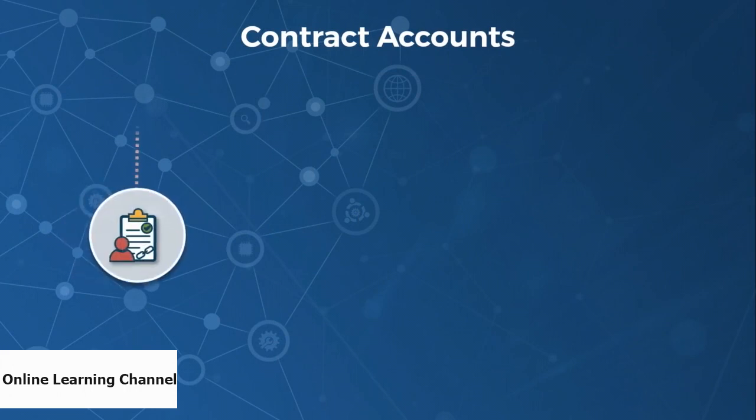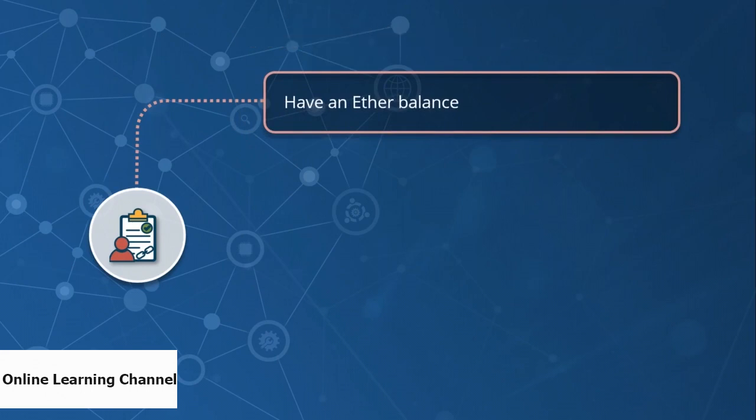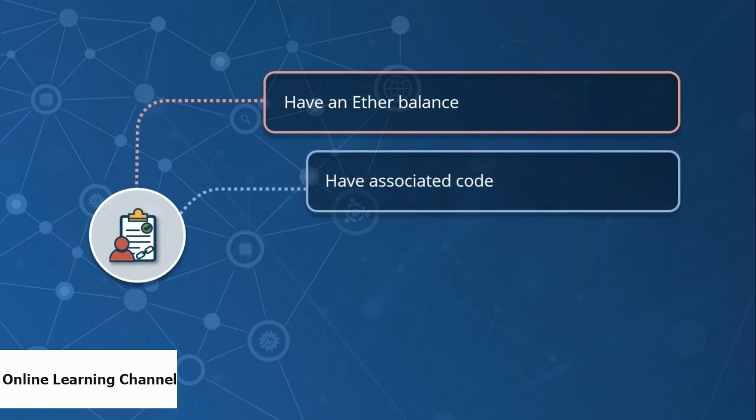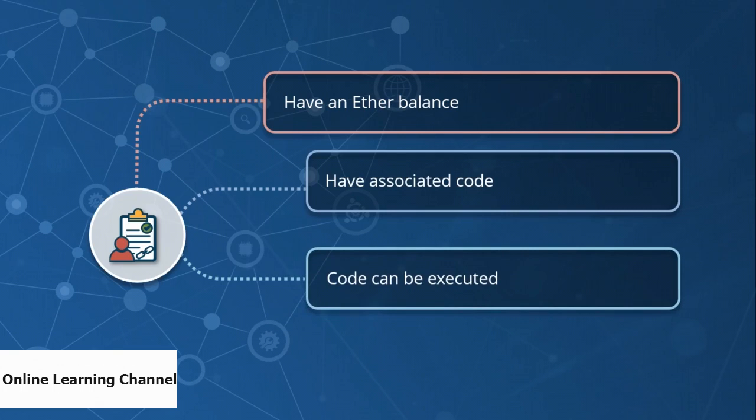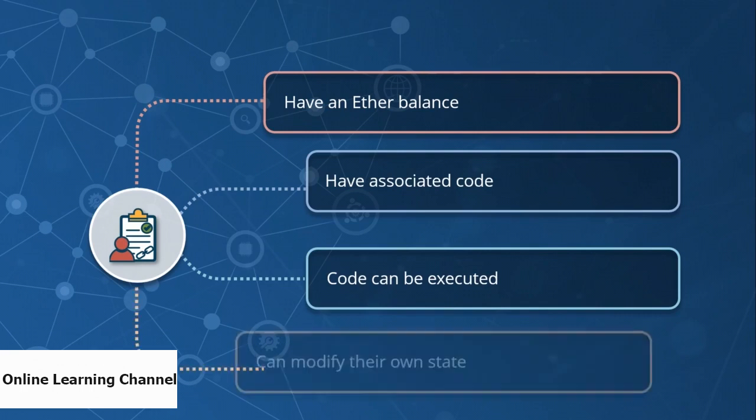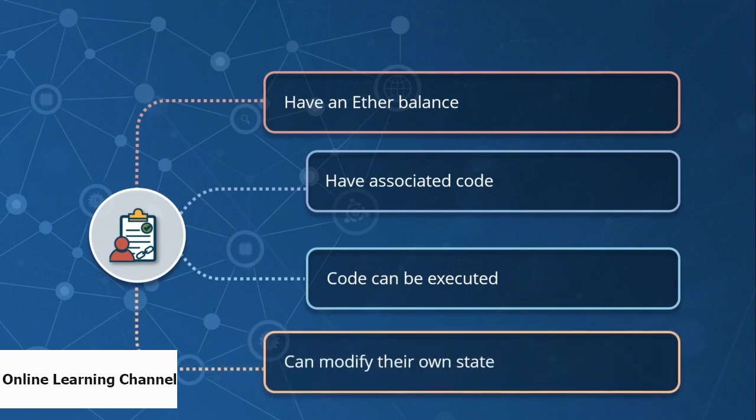These can also have an Ether balance. That is, you can load a smart contract with Ether as well. As you can imagine, there is code associated with a contract account, and the smart contract code can be executed by the Ethereum virtual machine. Running the contract code may not only add a new transaction to the blockchain, but may also modify the state of the contract itself. For example, a contract may include a function to transfer some of its own Ether balance